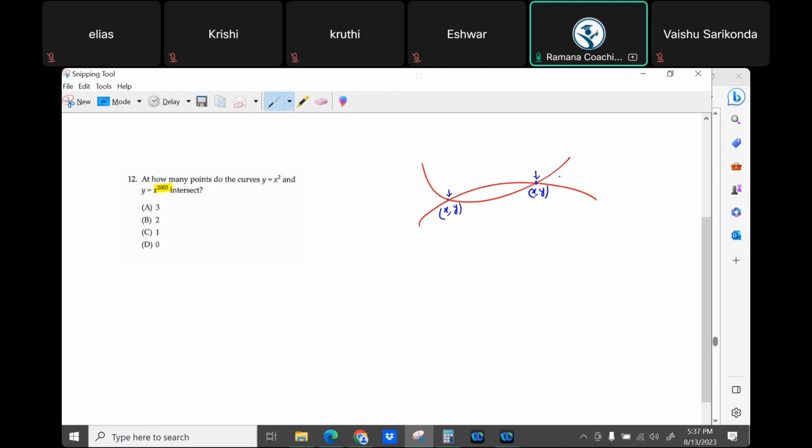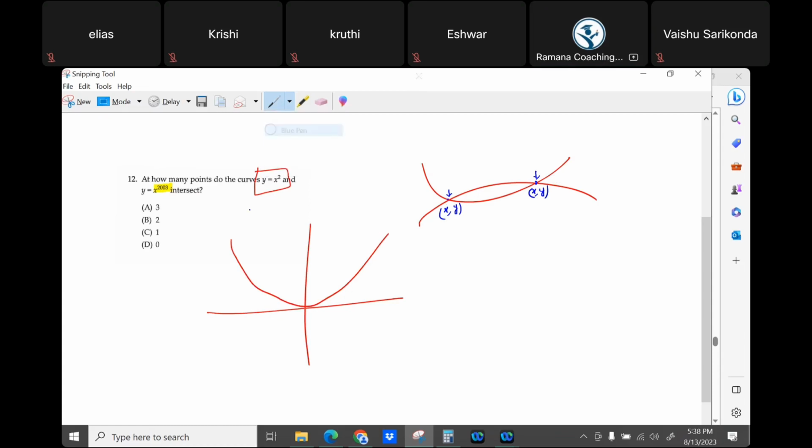Got that, everyone? Now, what is this one? Isn't that a parent quadratic equation, a parabola with the vertex at the origin? Right? That's the first parabola. And the next one, if you want to find out,